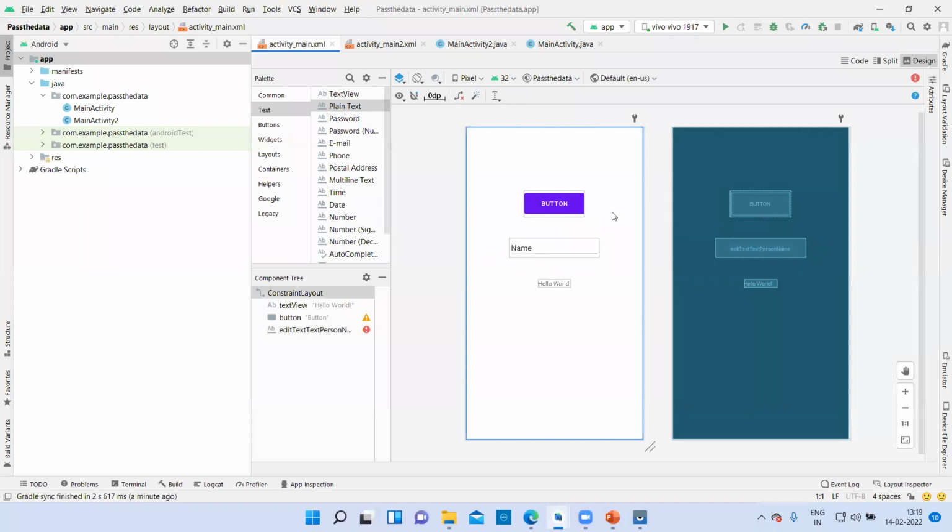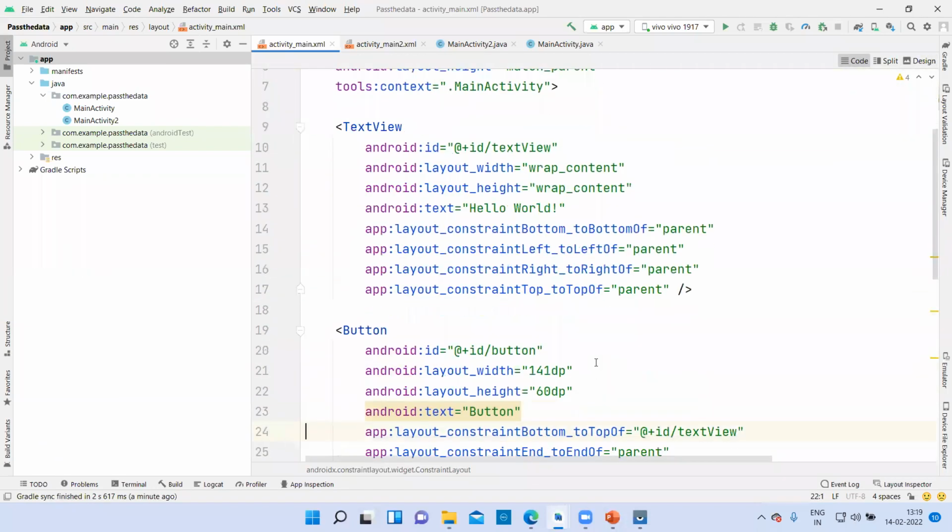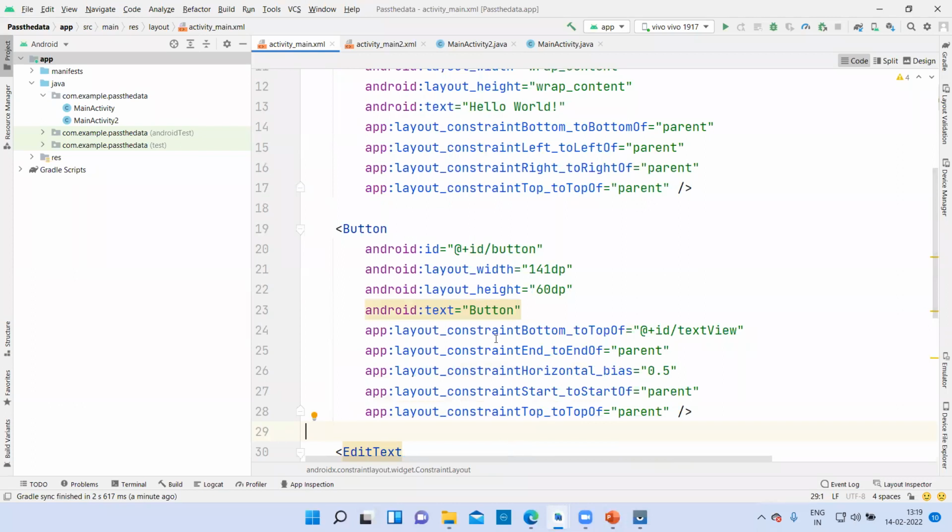So that's it. We are going to pass the data from this edit text, and when we press this button, it will take the data which is inside the name column to the second activity. So for that, first of all, let me change the code part. In the button, I will write Send.